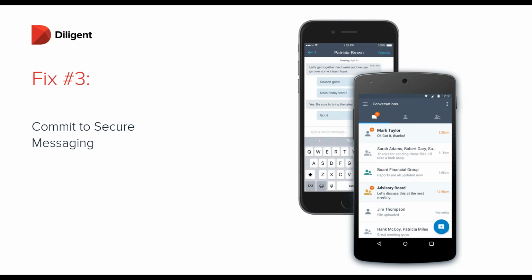But we've also injected a lot of enterprise level features that aren't really in other texting solutions. Things that are borrowed from email, for example, things like attaching multiple attachments to a single communication, so you can provide one piece of context for multiple documents.